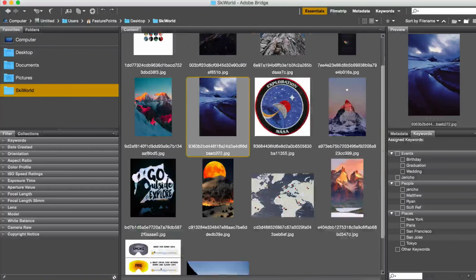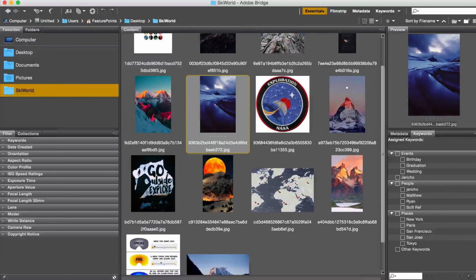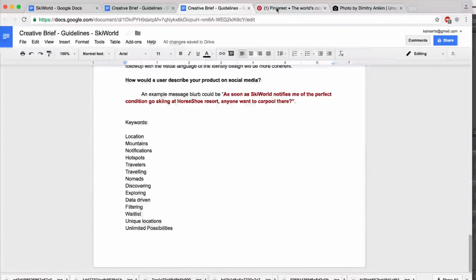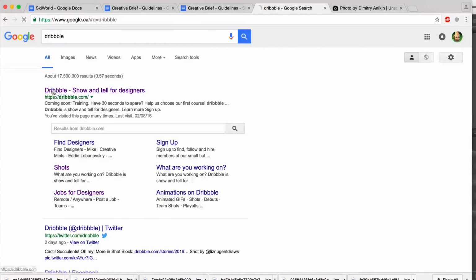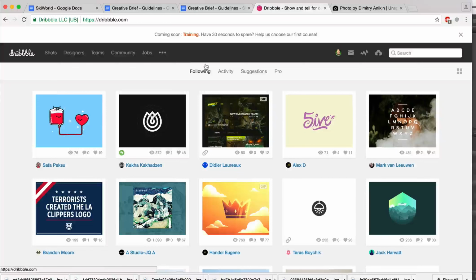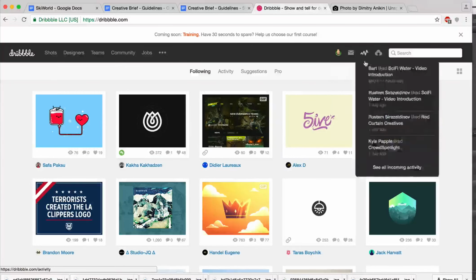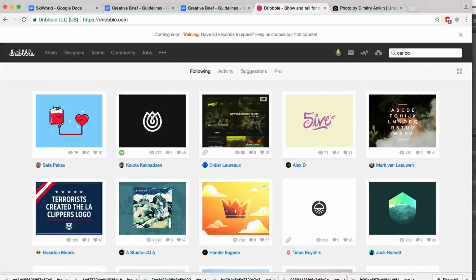And again, as a student, I'm just going to reiterate this one more time. When you search for references, search for photography, search for stories, go outside. Don't look at Dribbble and just start looking at what other people made, right? Because it's very easy just to go on Pinterest, let's say, and just type in designs at the end of your logo, or go to Dribbble, right? You can go on Dribbble, and let's say that we're making a car racing logo, right? We can type in car logo,